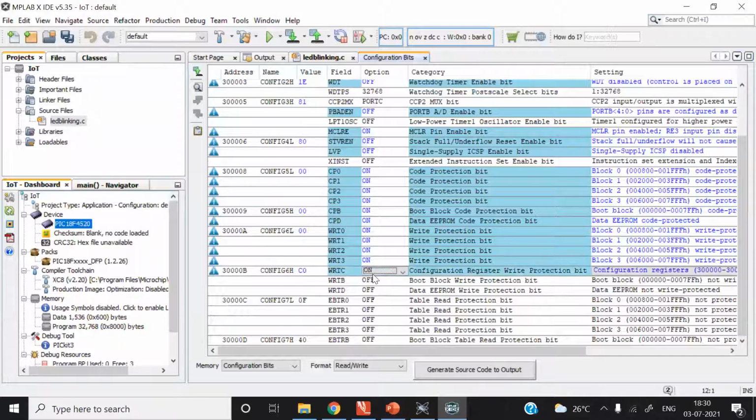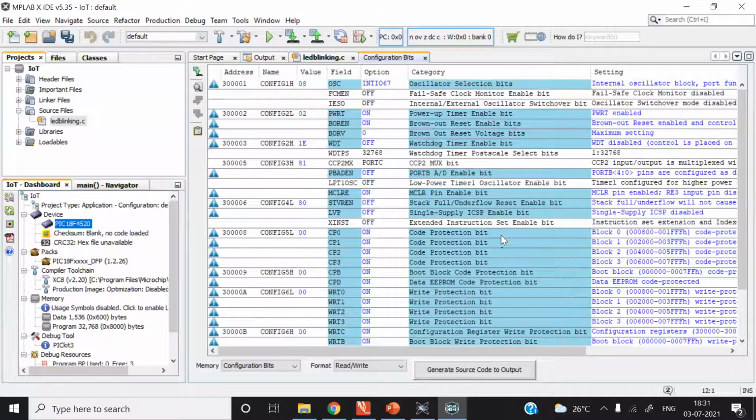Enable it. See, using a programmer, we can write to the configuration memory. Boot block code protection enabled. So likewise, you can enable or disable required fields as per requirement.